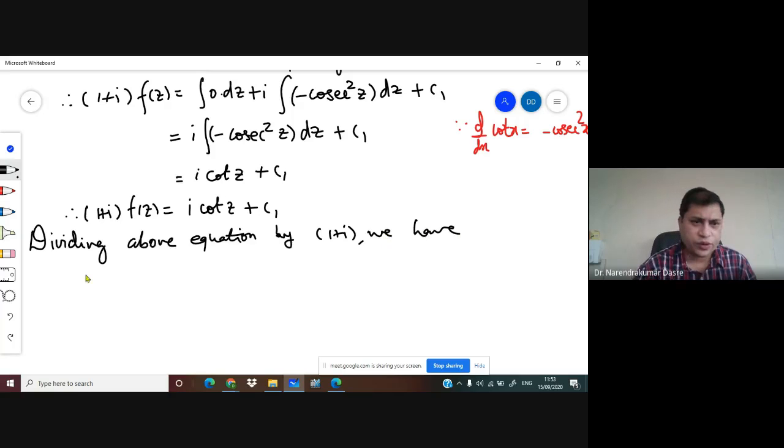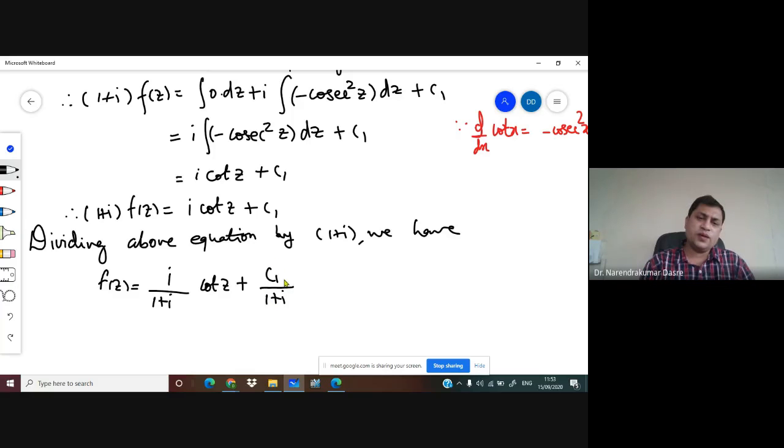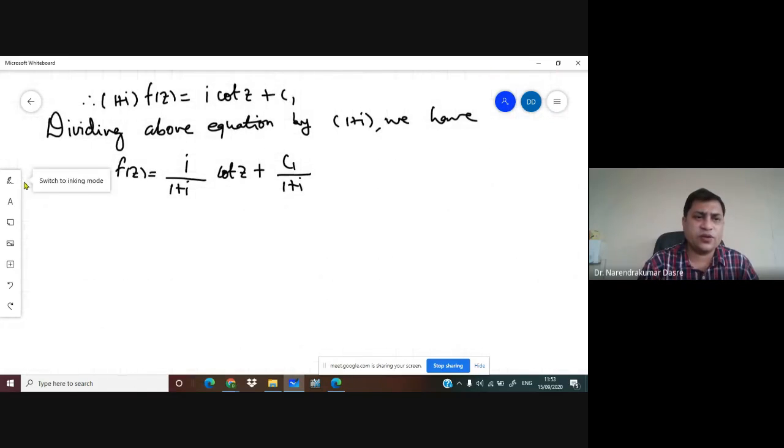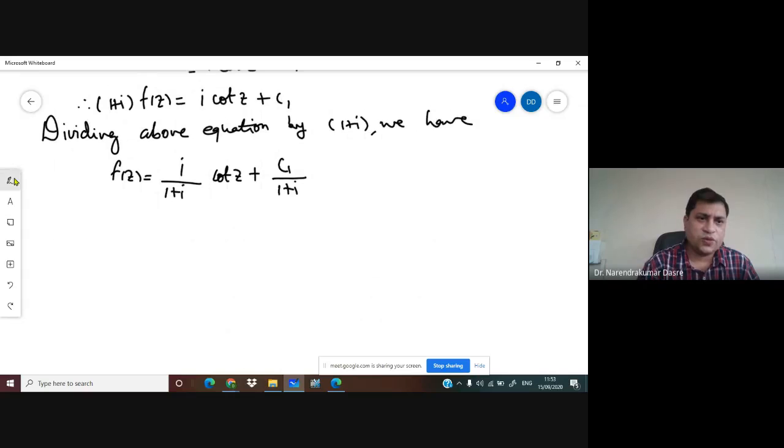So what we'll have is f of z is equal to i upon 1 plus i into cot z plus c1 upon 1 plus i. As we know, c1 is a constant, and constant upon constant is going to be another constant. So instead of this, we can write only one constant. So we can write here, hence f of z is equal to